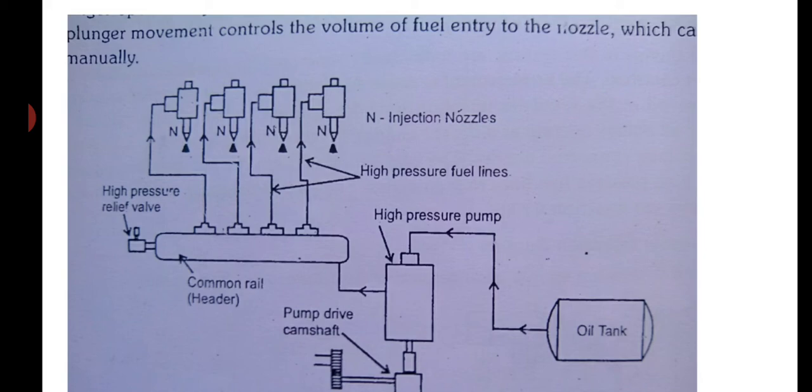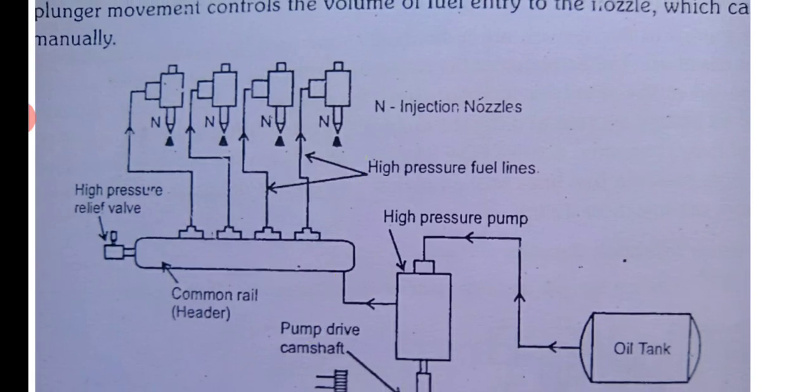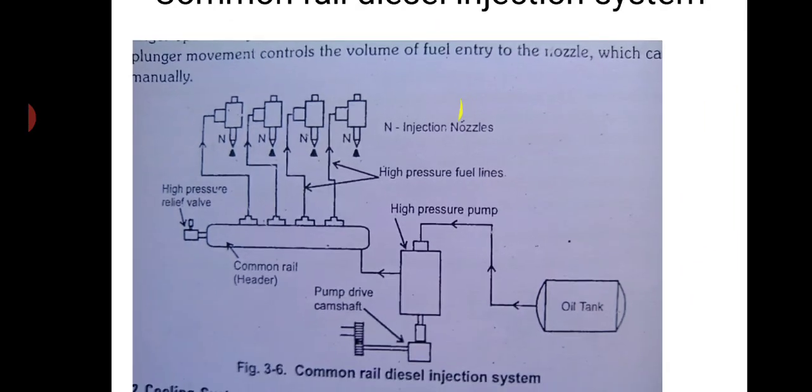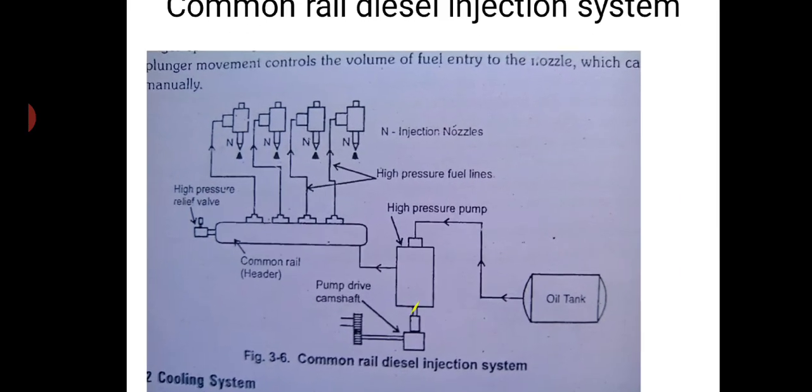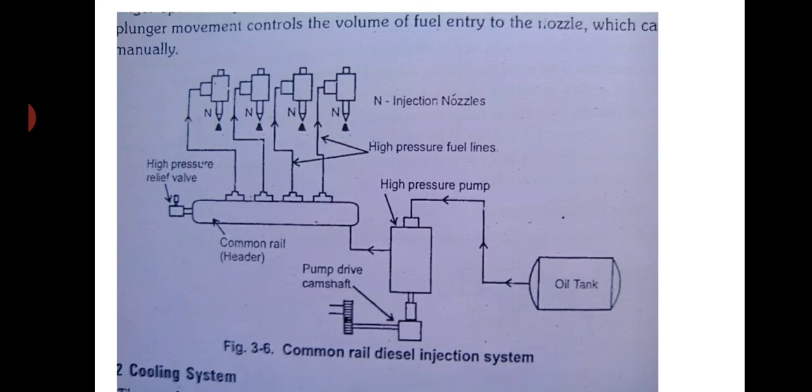But in this common rail, the entire fuel comes to the common rail, and the same amount of pressure is distributed among the cylinders, whatever number of cylinders there are, 4, 6, 8, whatever it is. Due to the high pressure combined with this common rail, the efficiency of these engines is very high, and that is why in the past 2 decades the CRDI engines have become very popular in India. This common rail direct injection is used in cars and buses, and also in big power plants.